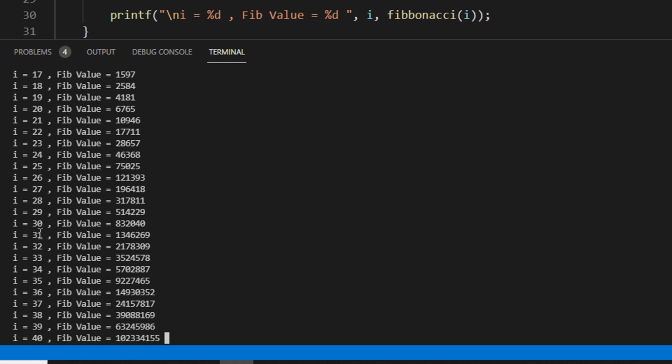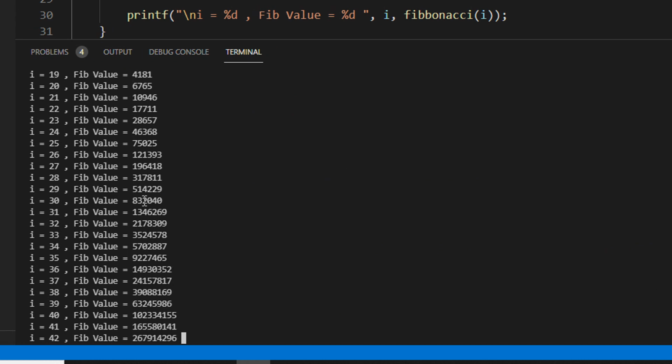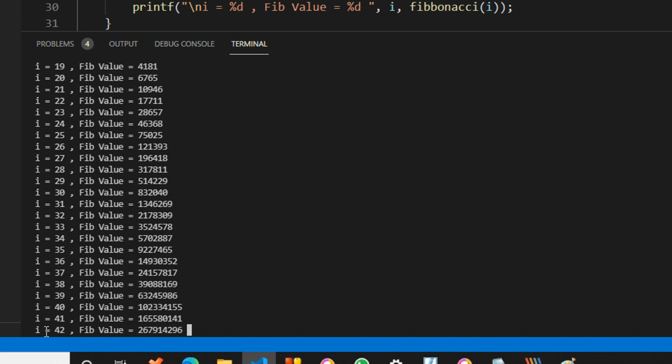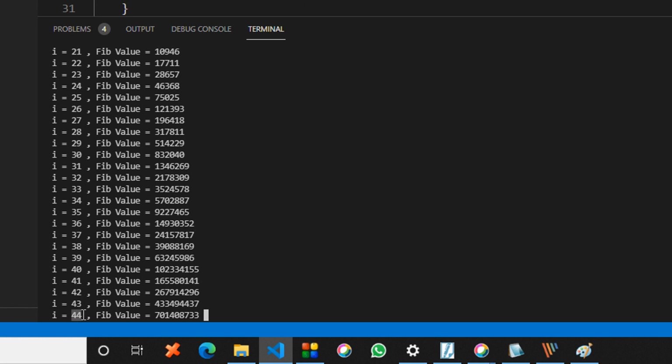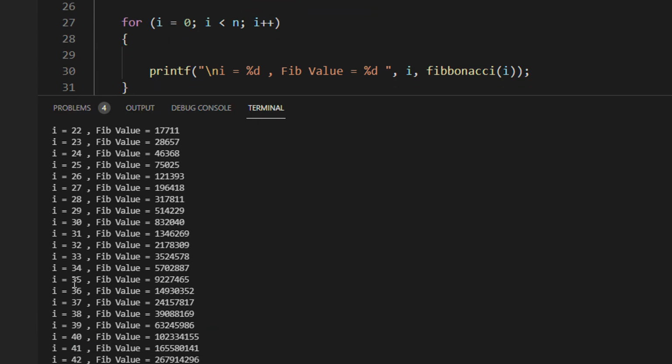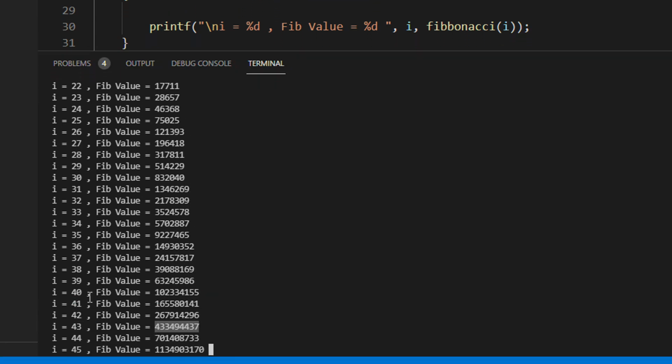So you can see i is equal to 29. For the first few values it computed very fast, but now for 42, 43 it is coming one after the other. Now just try to visualize. When it is computing fib 44, it was just basically the summation of 43 and 42, which we could have done directly, and it would have been very, very efficient. But because it's a recursion, that is why recursion is bad for very huge codes.